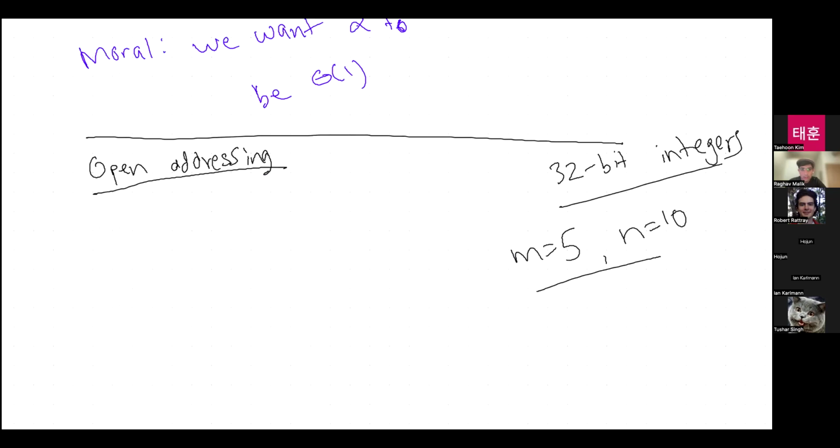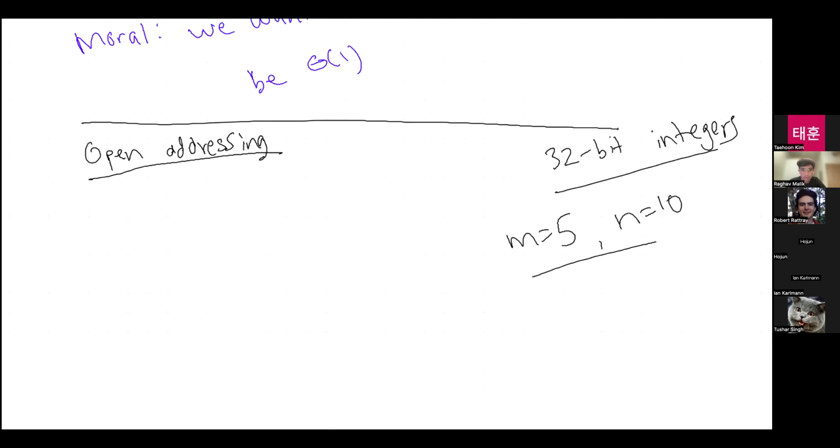Well, my hash table has 5 slots, right? Each slot is going to be a 32-bit pointer, so maybe I'll just call this a 4-byte pointer, right?